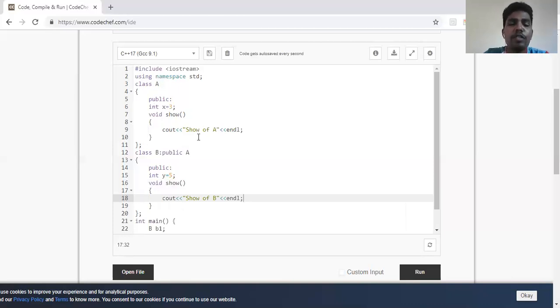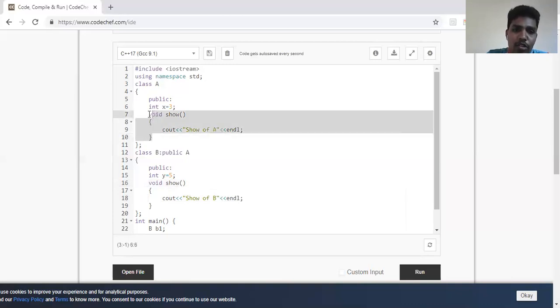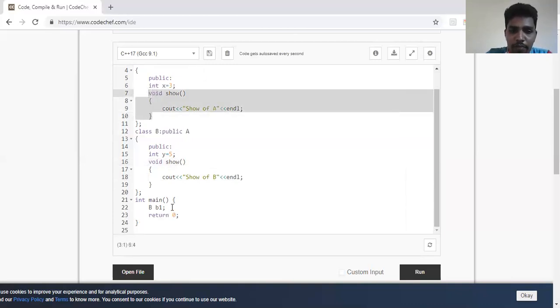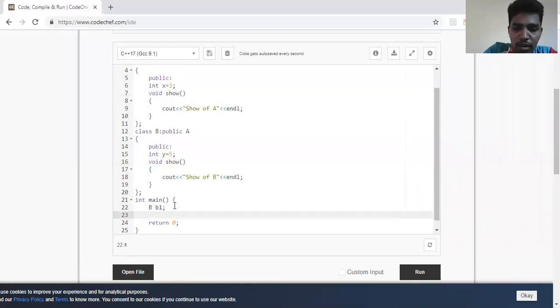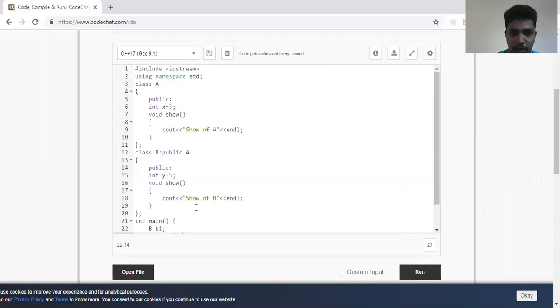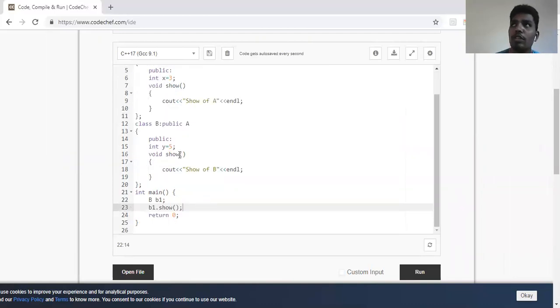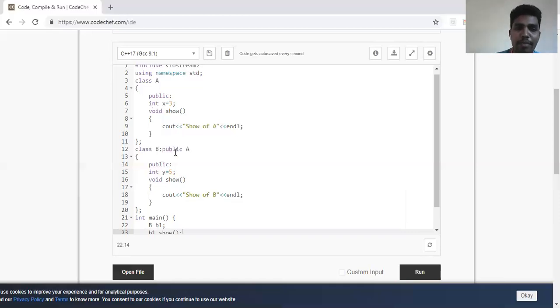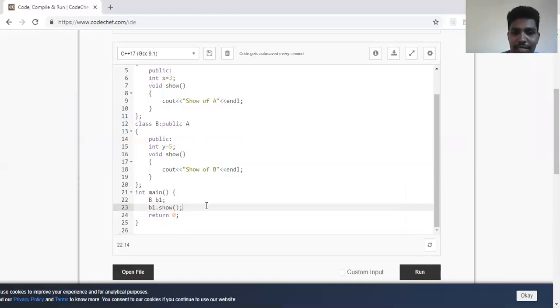Now it is in a confusion state. Why? B has already a function called show, and b has also taken another feature which has the same function show. So when I call b1 dot show, will it show its own show or A's show? Because it has two show functions now. One belongs to itself. Another belongs to class A, since B inherits A. So in this case, we call it overriding.